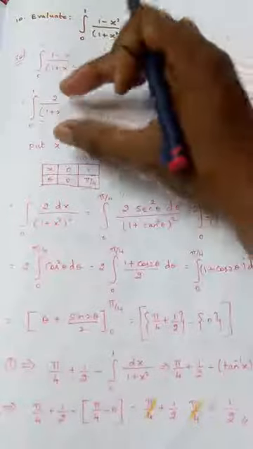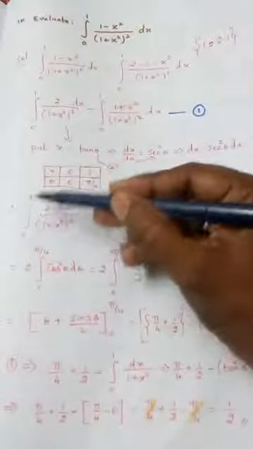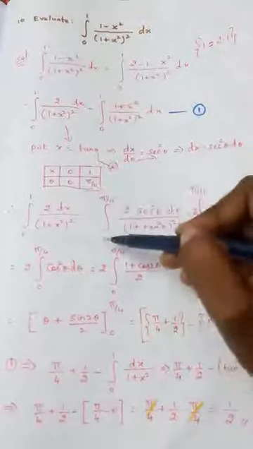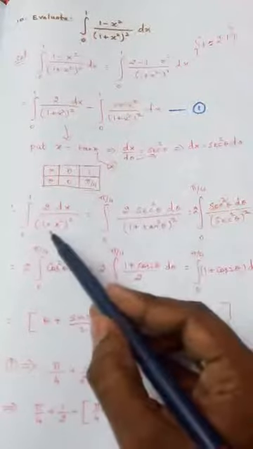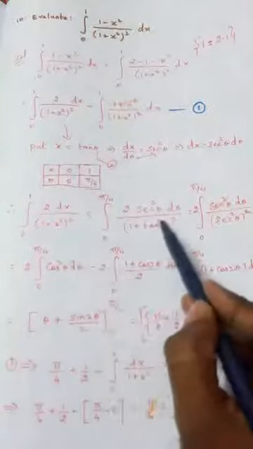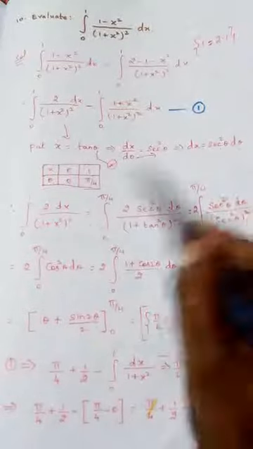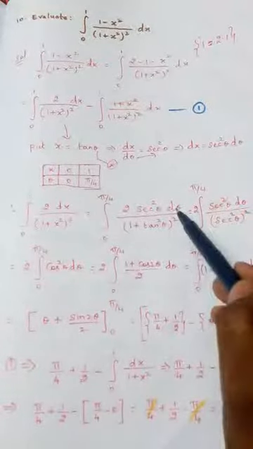So this equation is now not this equation. So this alone I am going to take, 0 to 1, 2 by this alone will change to 0 to 1 is the limit of x. What is the limit of theta? 0 to pi by 4. So 0 to pi by 4, 2 by 1 plus x, where x is tan theta. So x square is tan square theta, the whole square. What is dx? Secant square theta. Dx is nothing but secant square theta d theta.